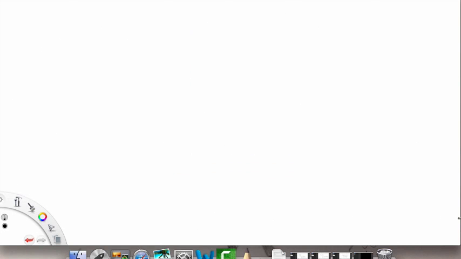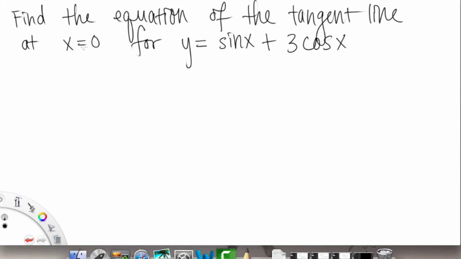Alright, for this last problem, we're going to find the equation of the tangent line at x equals 0 for y equals sine x plus 3 cosine x. For any line, we need a point, like an xy point, and the slope of that line. The slope we're going to get by taking the first derivative of this function and evaluating it